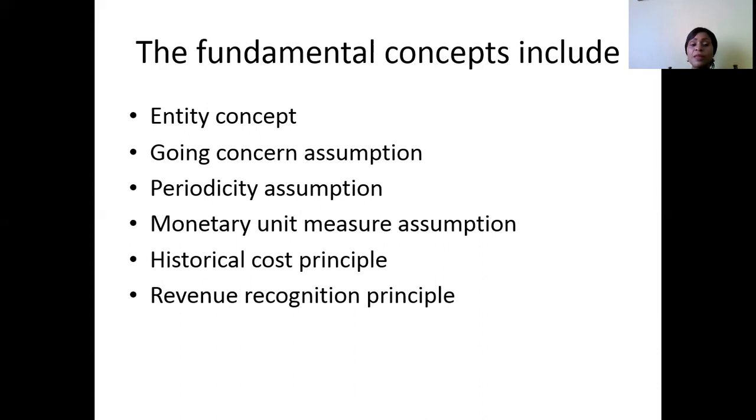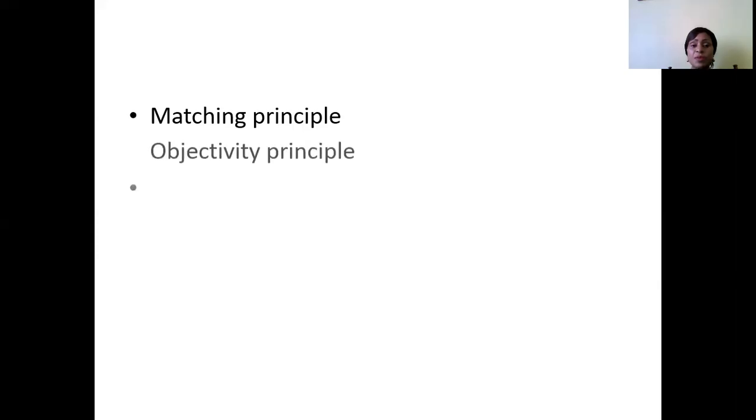Number one, the entity has substantially fulfilled its part of obligation in earning that revenue, and there is objective evidence relating to the amount of revenue earned and collection of that revenue. The next concept is the matching concept or the matching principle. According to this principle, the revenue earned in a given accounting period should be matched against the effort or the cost incurred to earn that revenue in order to determine the net income for the period.